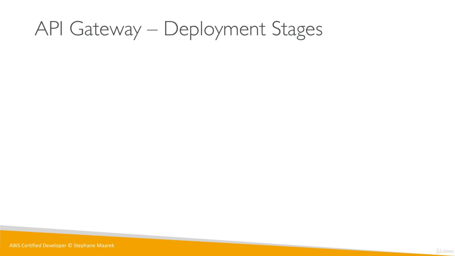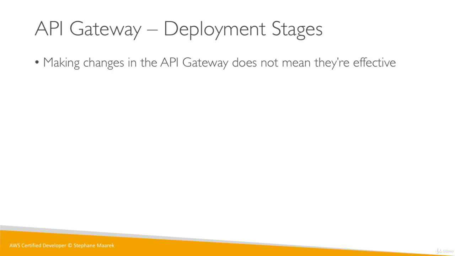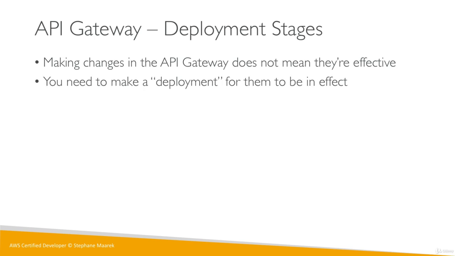So we have created our API, we have designed it, and we've said which method and what resources we wanted. Now we need to deploy our API. And so here's a common misconception: when you make changes in the API Gateway, it does not mean they're effective right away. For this, we need to make a deployment, and they can be in effect after we deploy these changes. And so it's a very common source of confusion, and I believe the examination asks about it